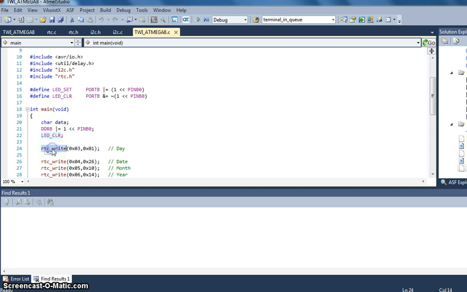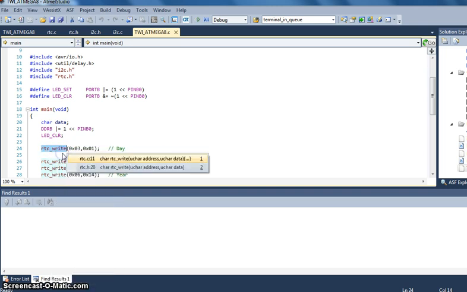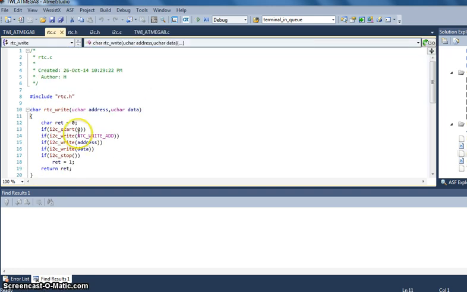Now I'm writing something on the RTC, and if I go to the implementation of this, it basically takes an address, which is where you want to write the data, and the data.